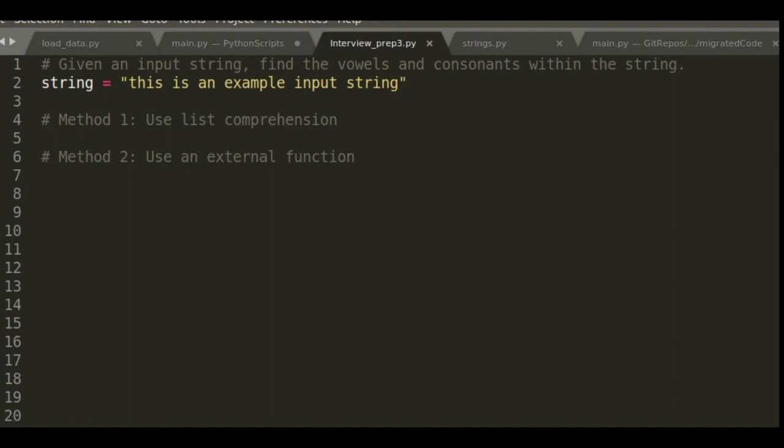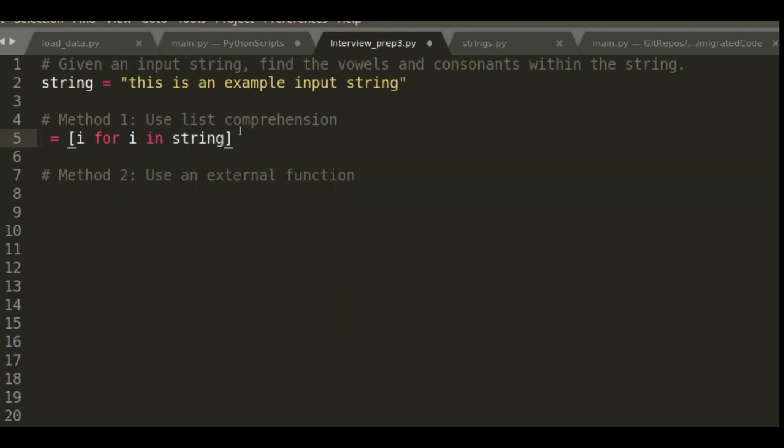Okay, so I hope everybody figured it out, and for those who didn't and you're just along for the ride, let's get started. Okay, so we know that we're going to be using list comprehension. List comprehension is creating a list from other lists. So we know we'll be creating a list, and one way we could do this is we can loop through the string and look at each character and find out if it's a vowel or if it's not. Okay, so for i in string,